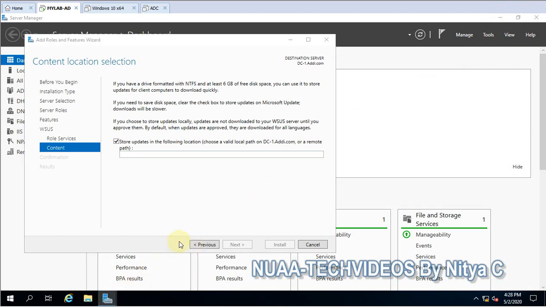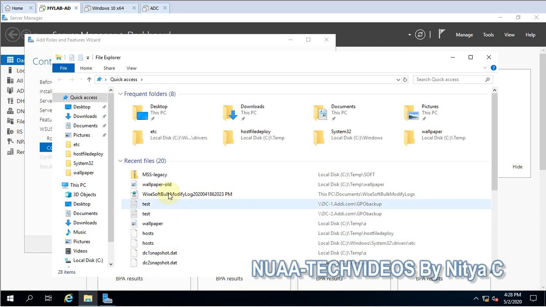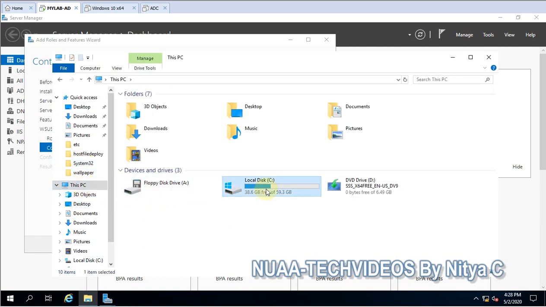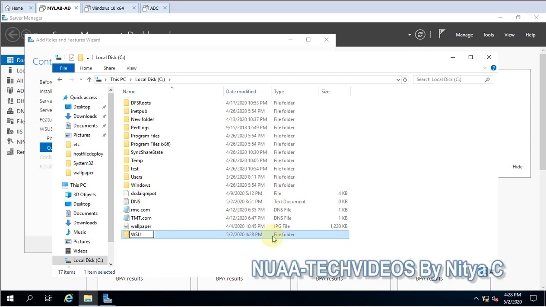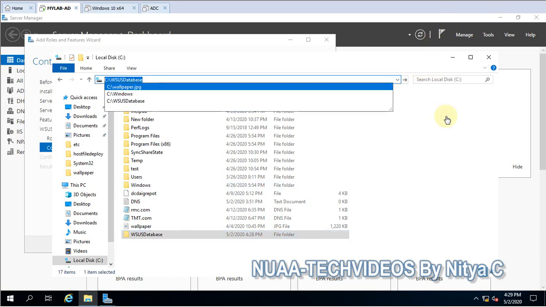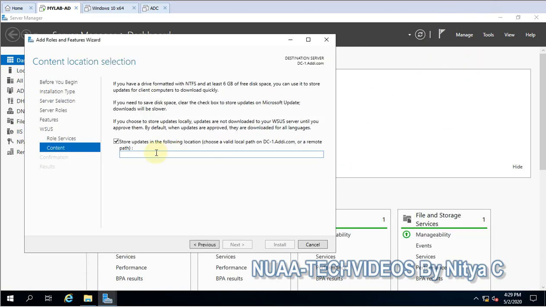So let's create one folder. I have only a single drive, so here only I'll create one folder, WSUS database. So we have to give this path.